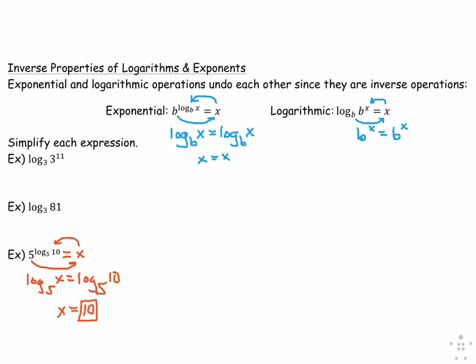So even if you forget this property, you could use algebra, converting from this exponential form to logarithmic, and then using the property of equality to show that the answer is 10. Now the other inverse property is with logarithmic form. If the base of the logarithm matches the base of what you're taking the log of, then the exponent is